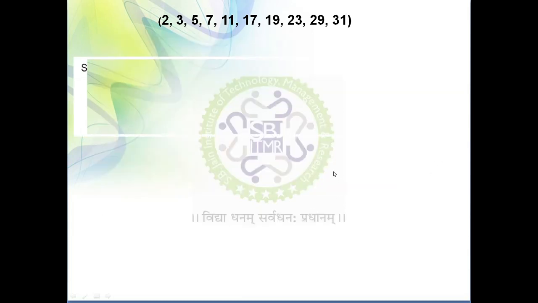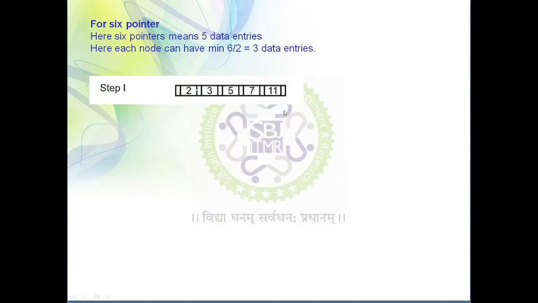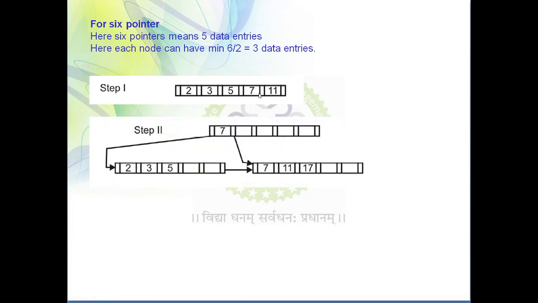Now in this case n equals to 6, so which value are you going to shift? You need to shift the fourth value. How did I decide that I need to shift the fourth value? Because what is the minimum number of values? 1, 2, 3. So after the third, the fourth value needs to be shifted to the next level. So now let's see in the next level what I have done. 7 is shifted to the next level.